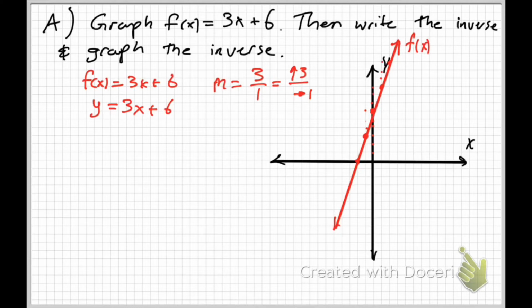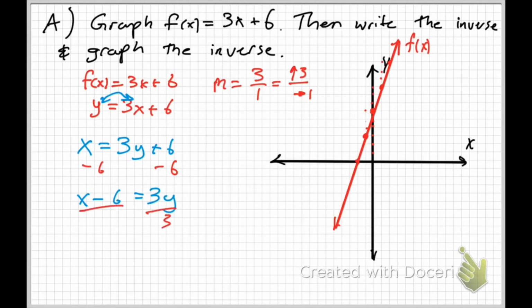So if I take this function here and swap x and y, that'll give me x is equal to 3y plus 6, and now I just solve for y. I'm going to subtract 6 from both sides. That gives me x minus 6 equals 3y. Now I divide both sides by 3, and that gives me y is equal to x minus